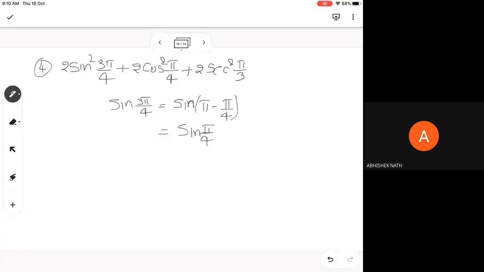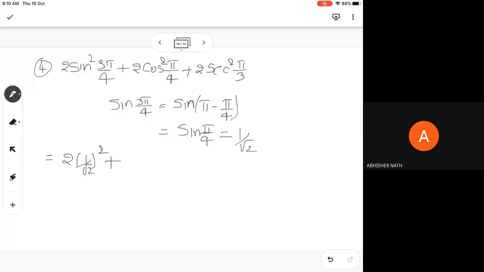So sine pi by 4 value is 1 by root 2. Pi by 4 is nothing but 45 degrees. So 1 by root 2 whole square. Cos pi by 4 is also 1 by root 2. So 2 into 1 by root 2 whole square plus